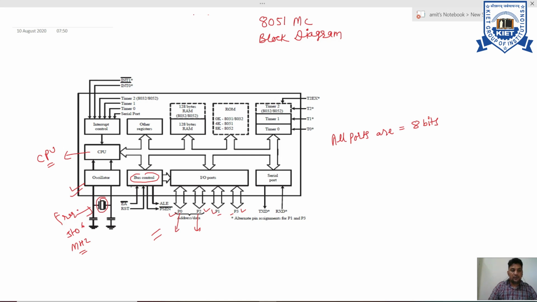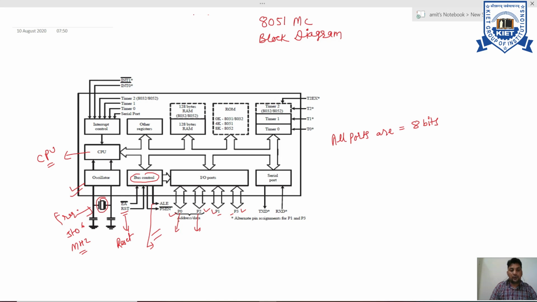We can say that one bus control signal is RST. RST means that we want to reset the 8051 microcontroller. The ALE signal means address latch enable. It means that we want to communicate with the external memory.